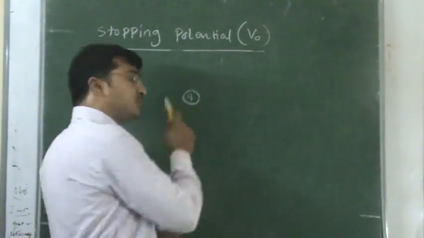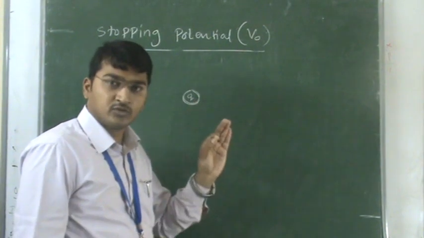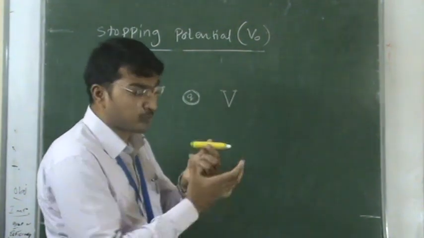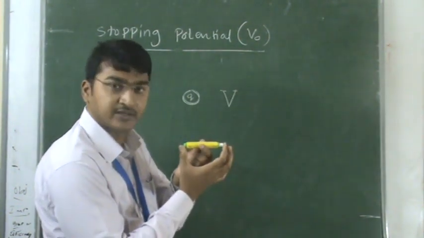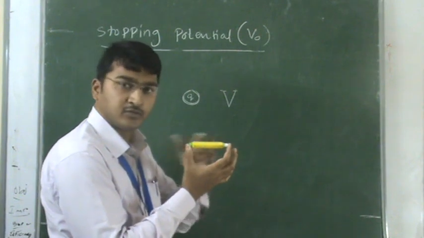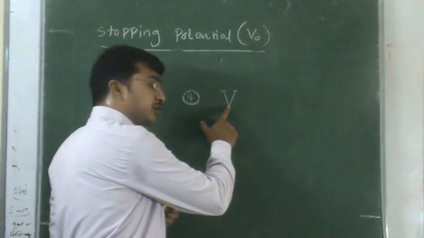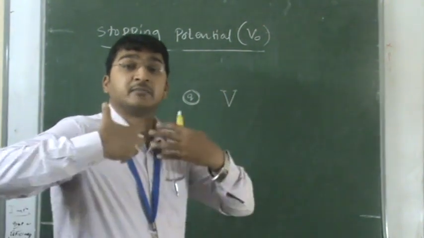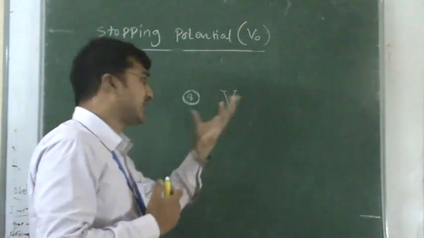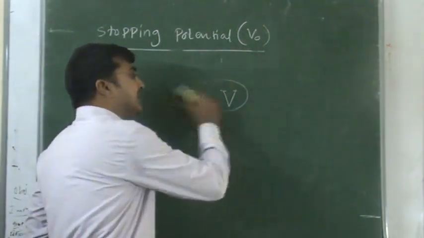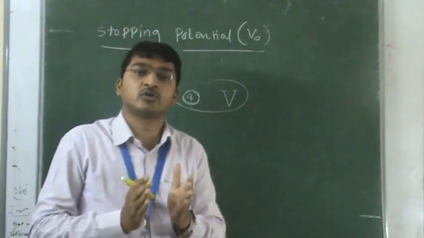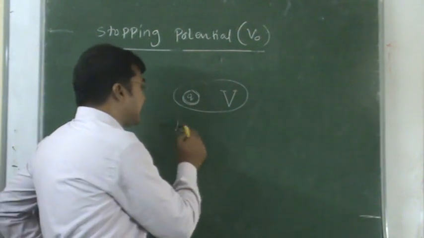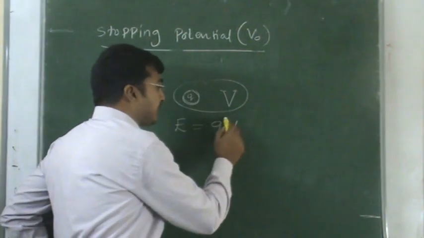Okay, when the charged particle, which has a charge Q, is accelerated by some potential, like this, when I apply the battery between the ends of any conductor, electrons are moving. Because of this potential difference, Q charge is accelerating. That means it will get some energy. That energy you can take in terms of kinetic energy. That is the energy acquired by the Q charge due to the potential. We can say it is QV.